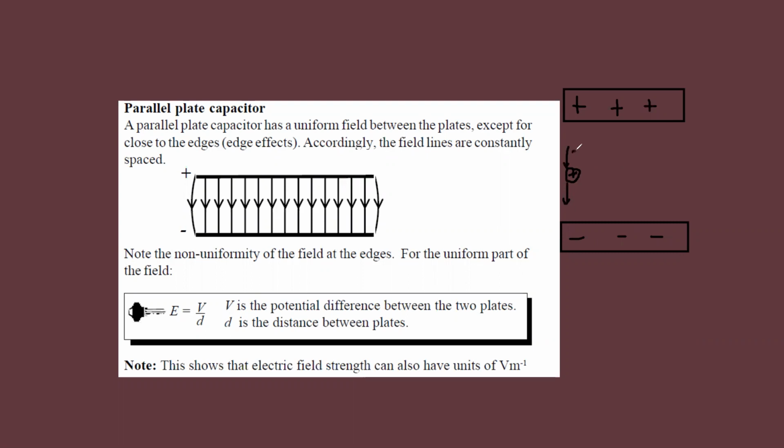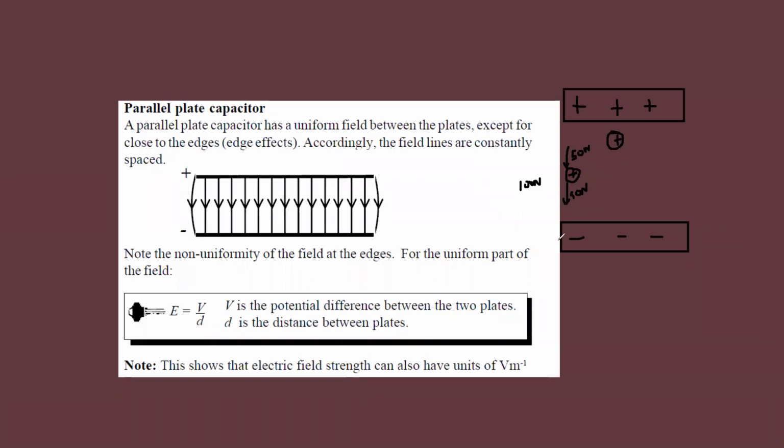So at the center, if the force exerted by the positive plate is 50 and the force exerted by the negative plate is 50, what is the resultant force here? Because it is in the same direction, the resultant force will be 100 newtons at the center. But if I move this positive charge near the positive